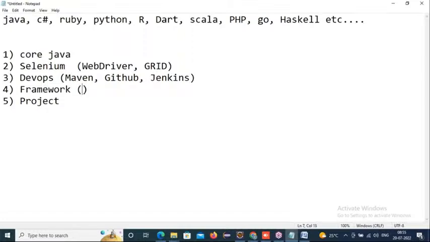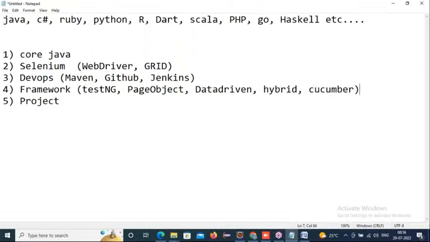And coming to the frameworks, we will be covering TestNG, page object model, data driven, and lastly we do the project. And the benefits